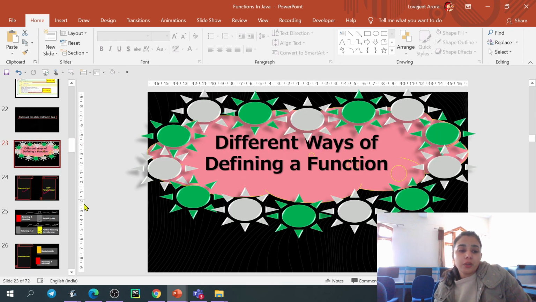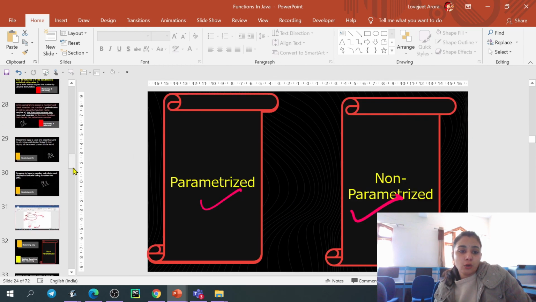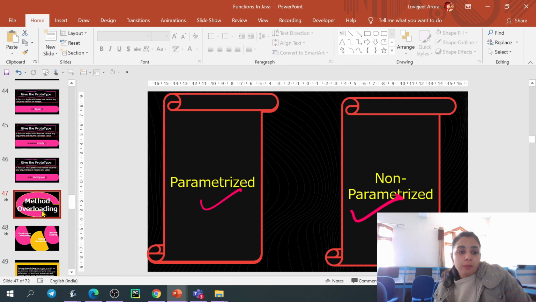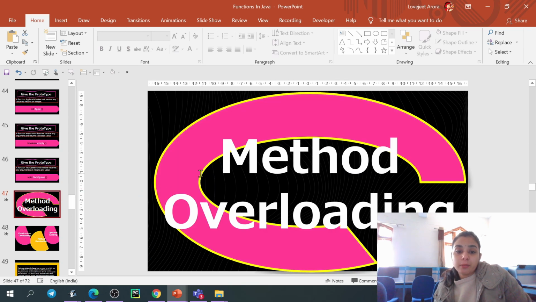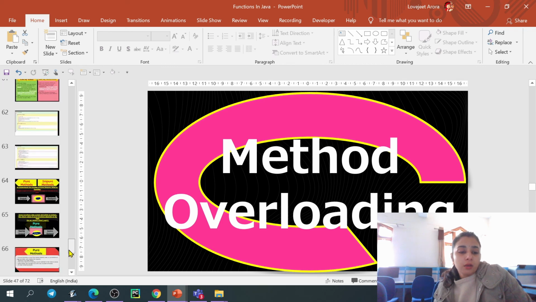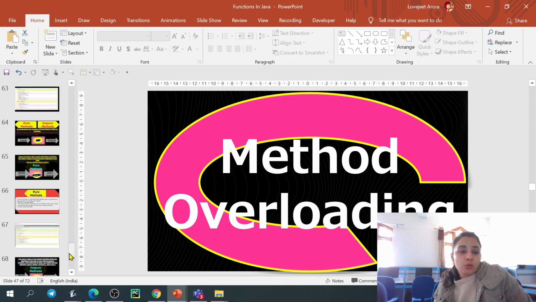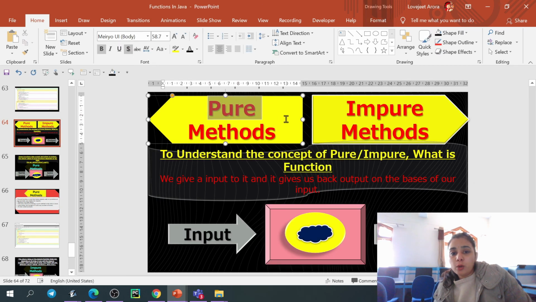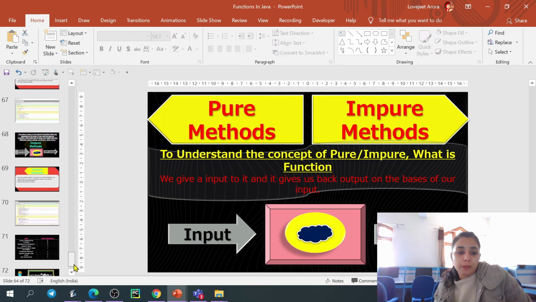Different ways of defining a function, parameterized and non-parameterized, we have done, right? So this is our part 2. Here we have discussed method overloading. Now we have covered everything in this chapter. Afterwards there will be only one thing, pure method and impure method, that we will discuss in the next chapter, right?